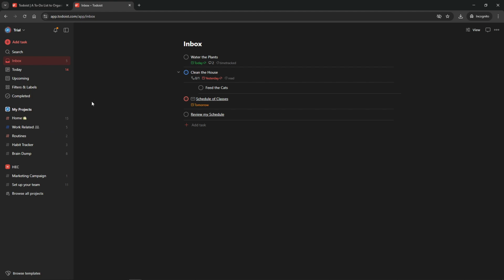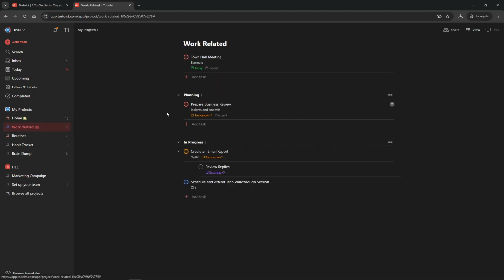Now that you're in your project space, let's break things down further with sections that serve as individual phases of your project. Consider delineating your project into distinct segments such as planning, in progress, and completed. This helps create a clear visual timeline of where tasks stand in terms of progress. You'll find this especially handy to keep everything on track and ensure that you never lose sight of your project's